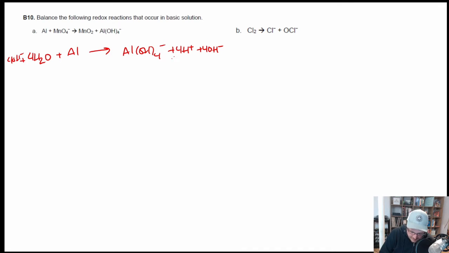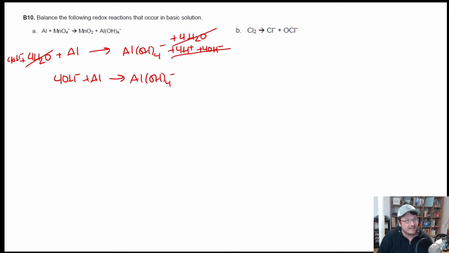So this becomes 4 H2O, and those cancel out. What we have now is 4 OH minus plus aluminum forms